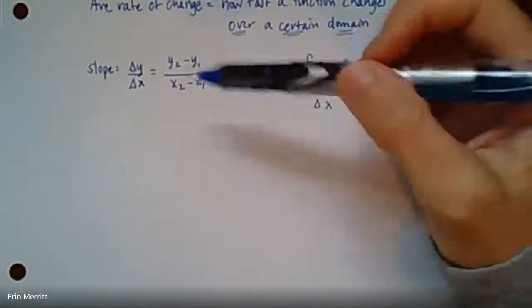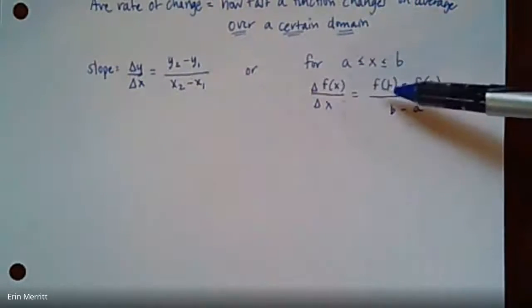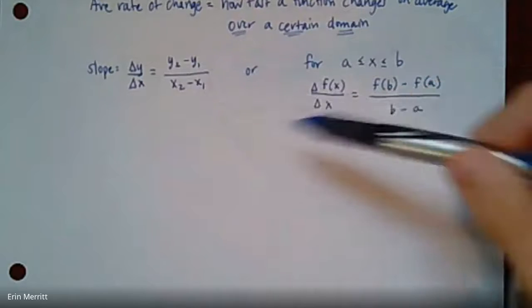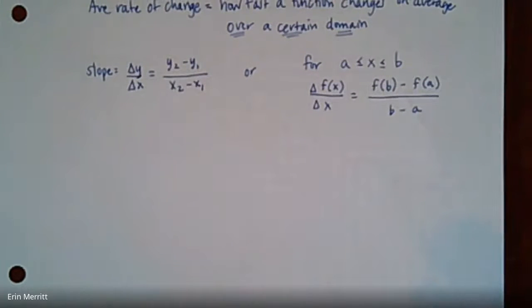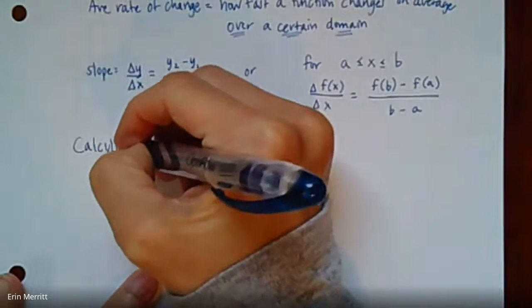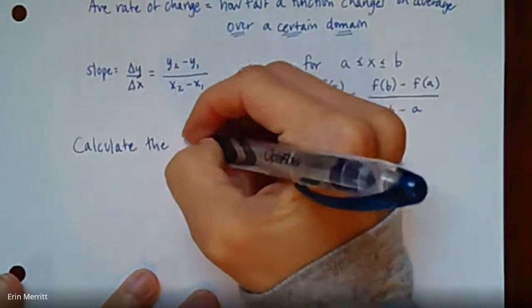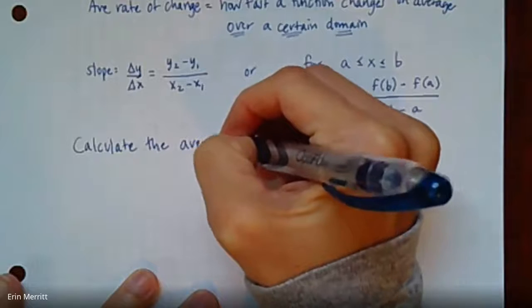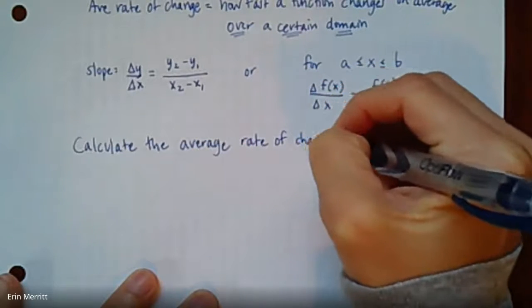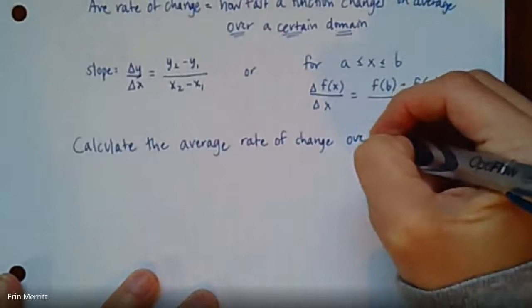So we kind of left off talking about what slope looks like, in function notation and just regular x's and y's. And so that's how you represent the average rate of change. Okay. So what I want to do is just some practice questions. So I'm going to say calculate the average rate of change over